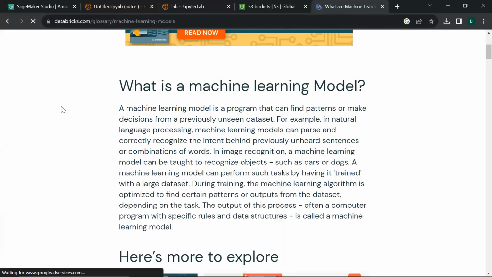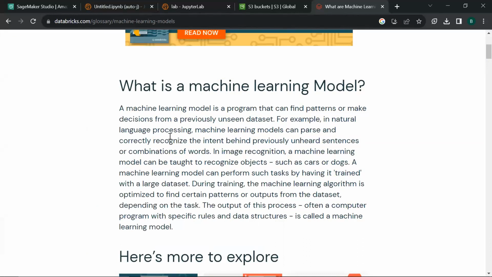So we are going to see what it says. What is a machine learning model? A machine learning model is a program that can find patterns or make decisions from previously unseen data. So it can find patterns from data and make predictions and decisions from previously unseen data.